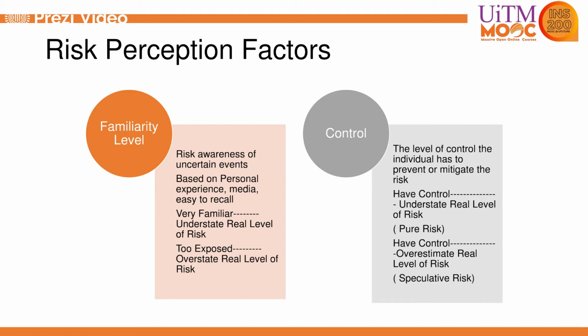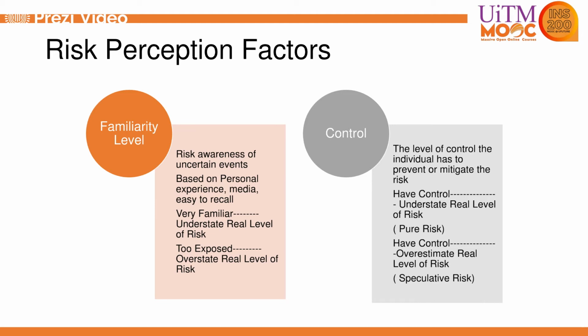And the second one, if you are unfamiliar with certain things, you will normally overstate the level of risk. In fact, nowadays people are very easy to be influenced by the media and whatnot. For example, if you are unfamiliar with bungee jumping, you will normally overstate the level of risk. Bungee jumping from 50 meters above the ground with all precautionary action taken by the operator, they have prepared the harness, safety, a net below, you just jump